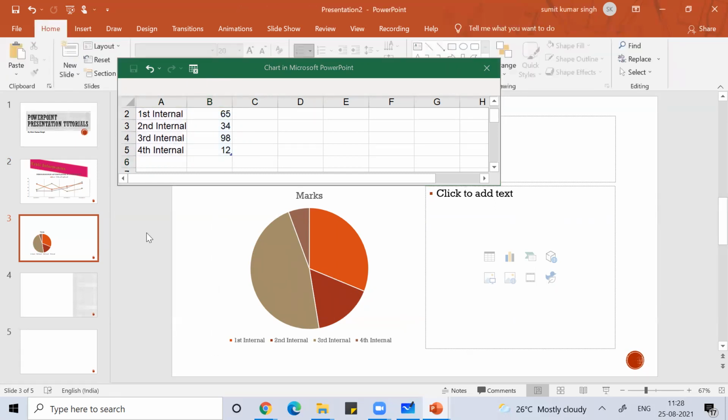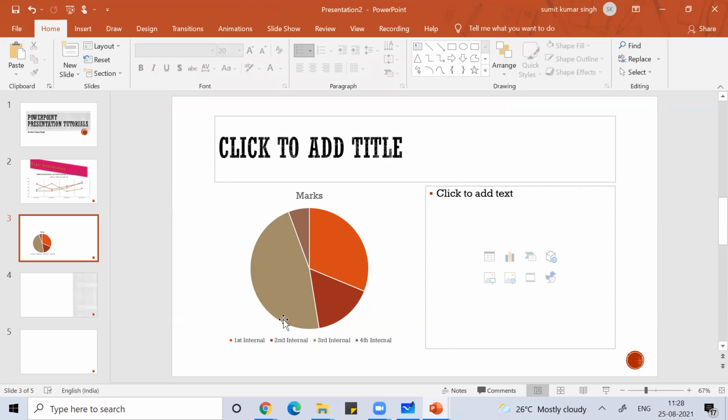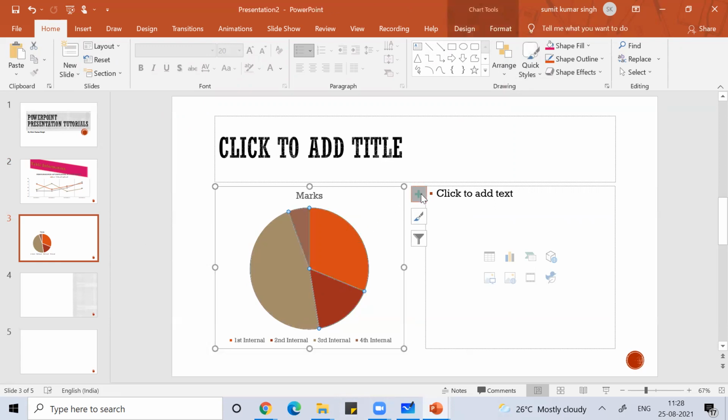You're getting it right. You just click here, you close this one, this part is done. You can close this. And then you see plus sign, and you can give chart title.